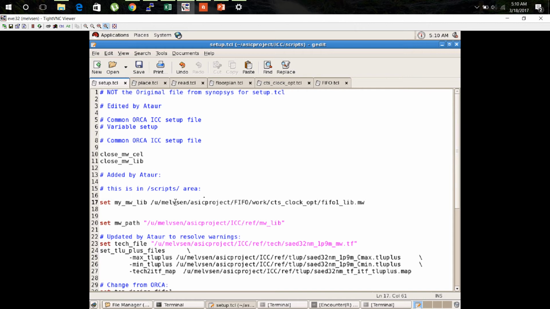So the first command is setting my Milky Way library to this path. So this is the file or the folder that we talked about in the DC. So it just sets the path to this Milky Way library, and this second command also sets the MW path to the corresponding path which is mentioned over there. And next we specify that